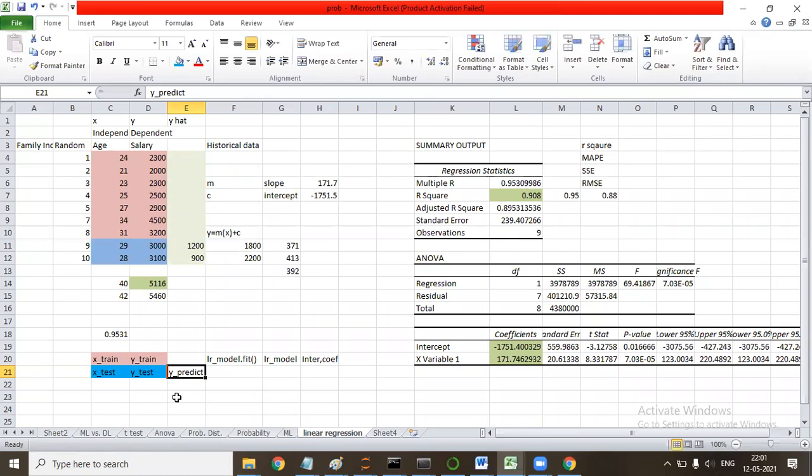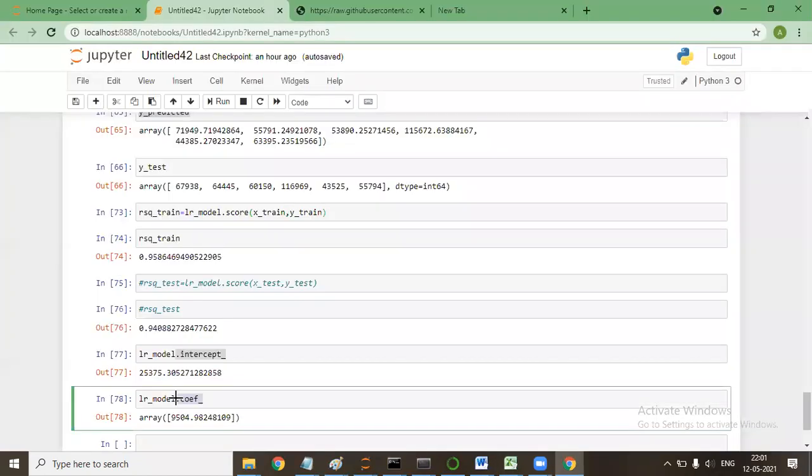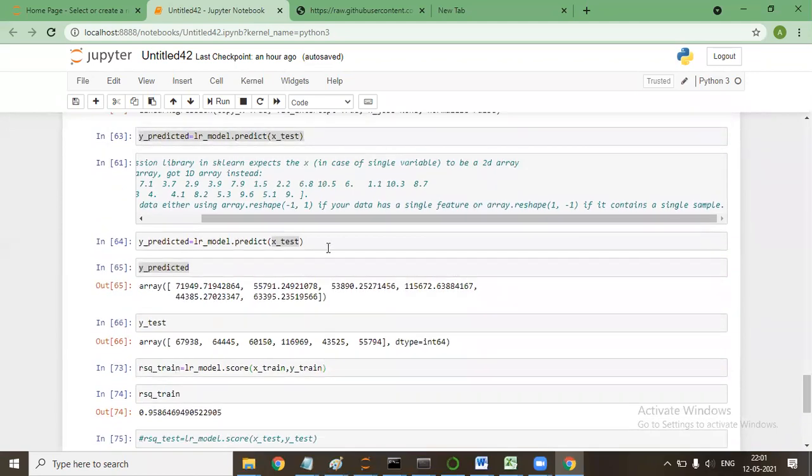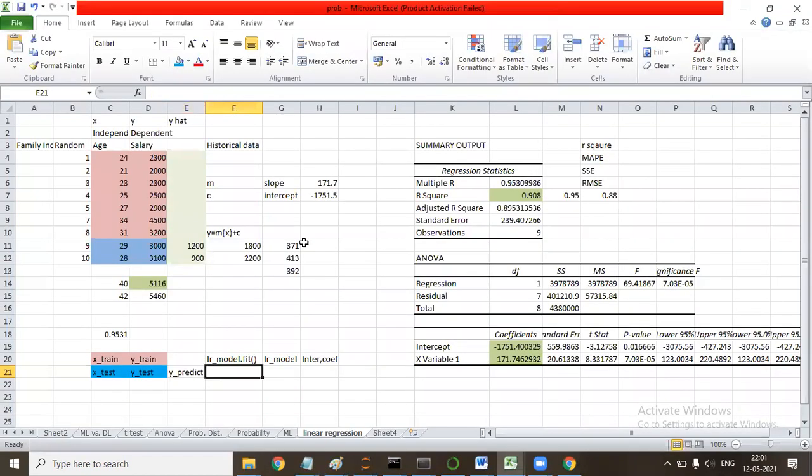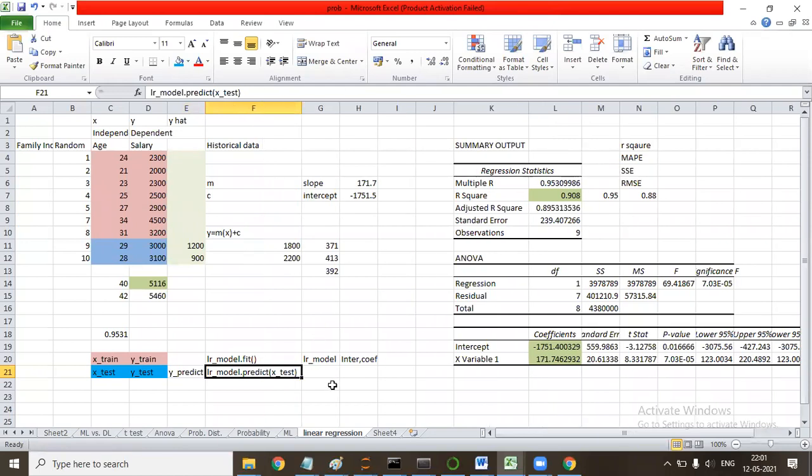Here as well, I have done the same thing. I said Y predicted is equal to LR model dot predict X test. So this is what I have asked the model here. Sir, can you come again regarding the Y predicted?